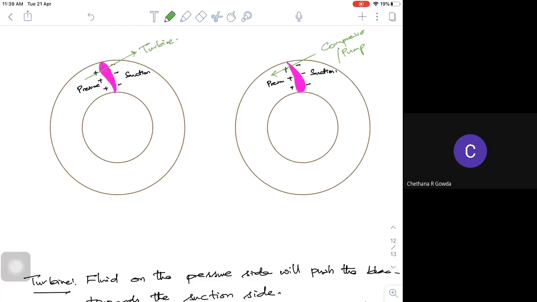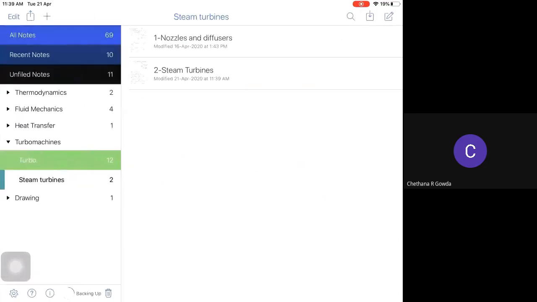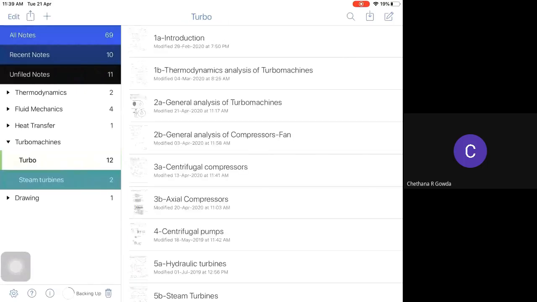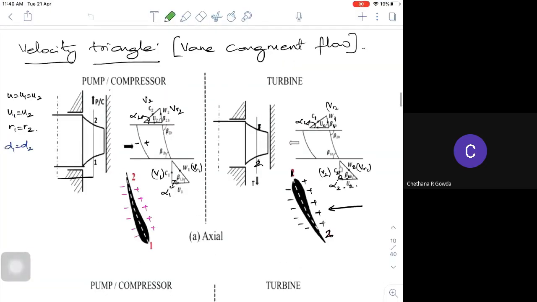Now, if I have an axial flow machine or maybe some kind of a radial flow machine, I may end up with this kind. This rule has to be applied clearly. So I have the same thing in one slide in my turbo machine course. Take the time to show.